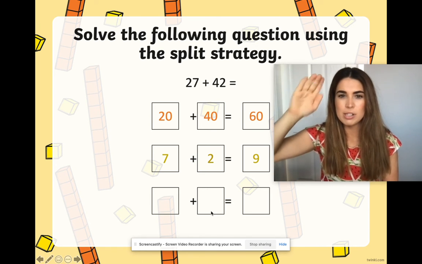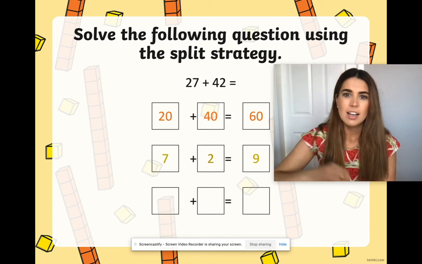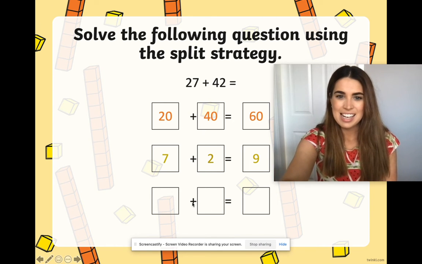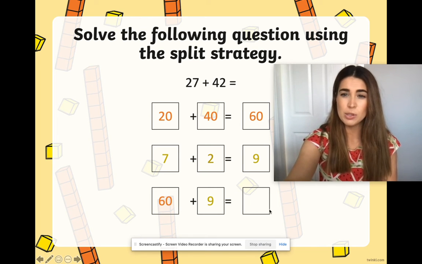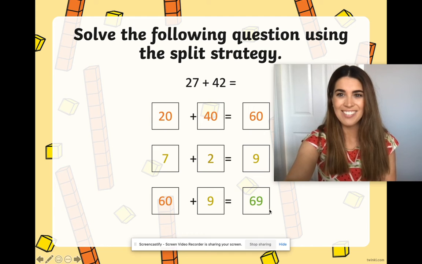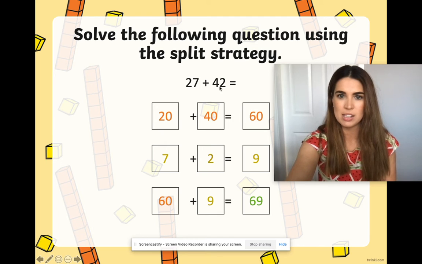Maybe you can tell mum or dad, or if you're at school, pop your hand up. We don't have many at school, but if you do, you don't want to miss out. I wonder if you said next I need to add these two answers together. 60 plus 9 equals, call it out. Wonder if you beat me, 69. So the original answer to my question, 27 plus 42 equals, all the way down here, call it out,